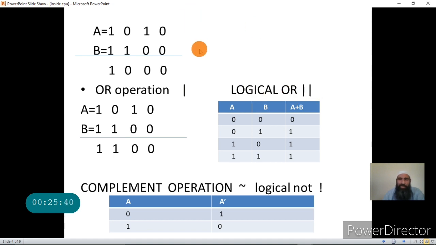As compared to the AND operation, if you remember, we had a single ampersand and two ampersands. Now what is the logic of the OR operation? It is again an operation that is performed between the two bits, and the result is 0 if both the bits are 0, and the result is 1 if one of the bits is 1.